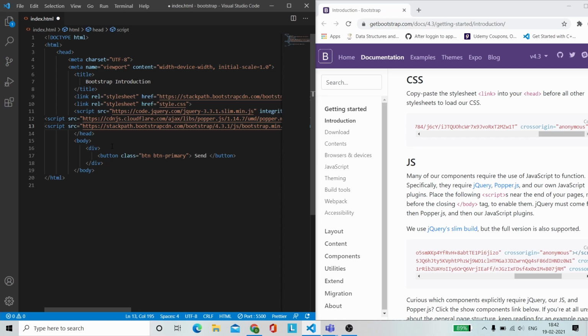If it's a mobile phone, then its size should be like that, and if it's a laptop, then its size should be like that. So how do we use that? For that we need to include a class, container-fluid.